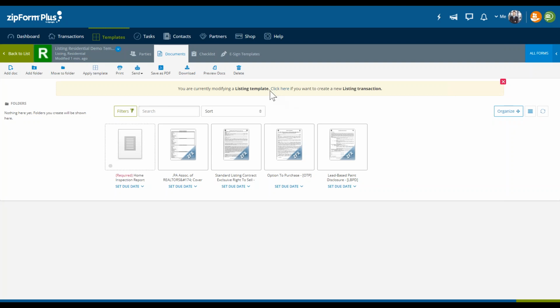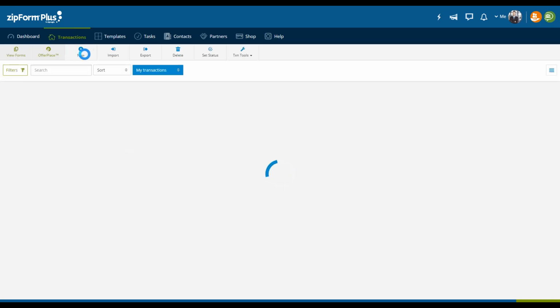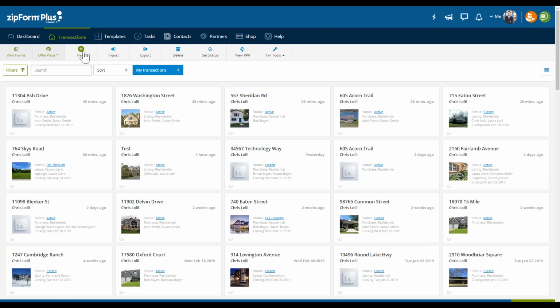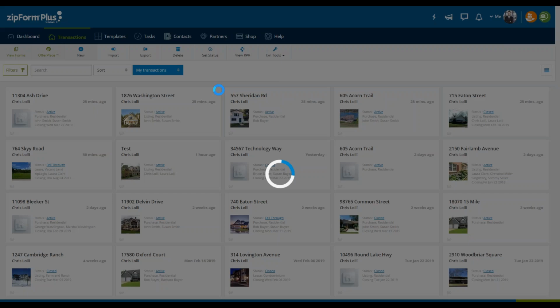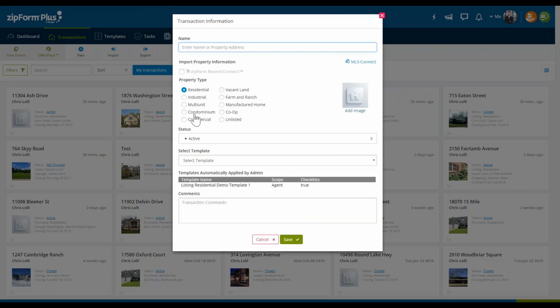So if you create a brand new transaction, you're presented with the capability to select a template whenever you need to by default. Whether something automatically applies or doesn't, you're still always going to be given, let me show you really quickly, it might be a little bit easier, that freedom to choose what template gets applied to what. So you saw I picked listing there, and if I choose residential, this one's automatically applying here underneath.